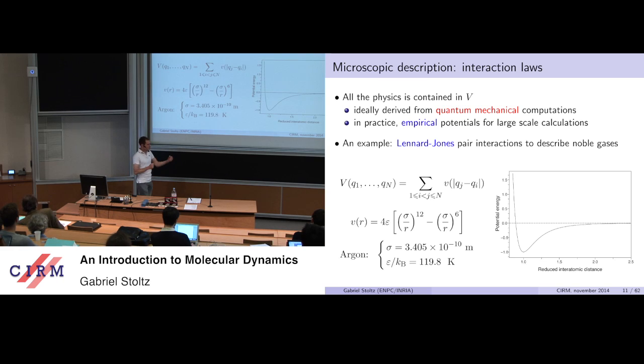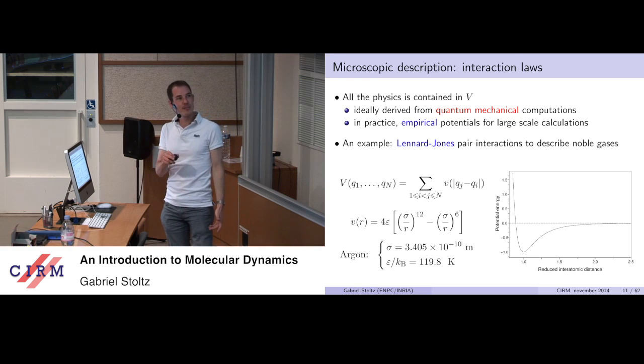So in this case, when two particles are far away, they weakly attract each other. There is some equilibrium distance, which is around here. And then when two particles come too close, they want to repel each other. That's because the electronic clouds would be overlapping, and this is really energetically unfavorable. So a simple potential to model this van der Waals interaction and hardcore repulsion would be this Lennard-Jones potential.